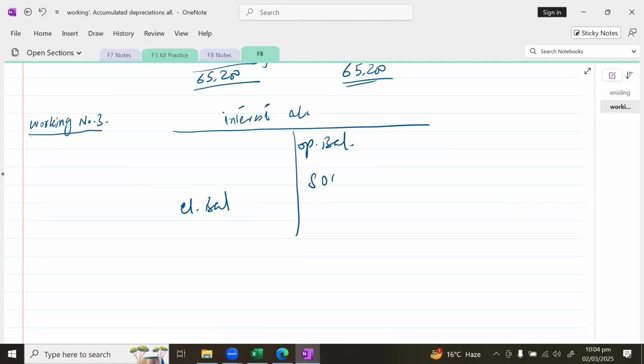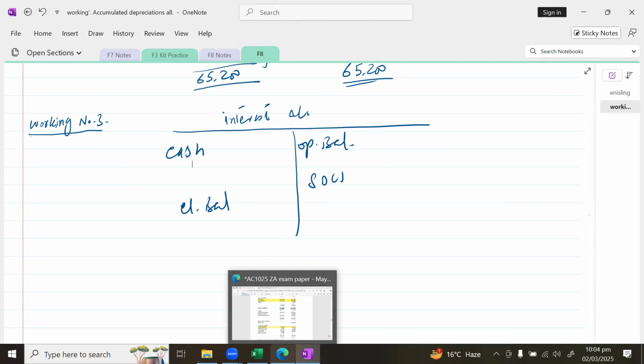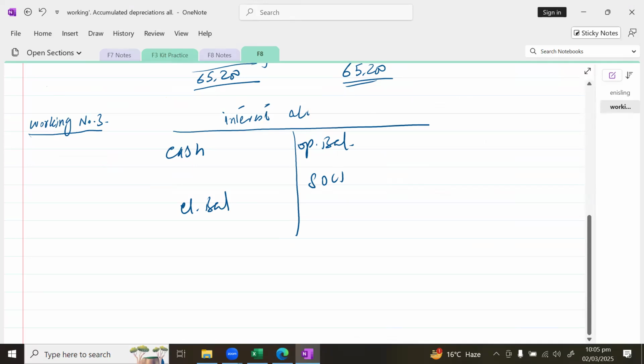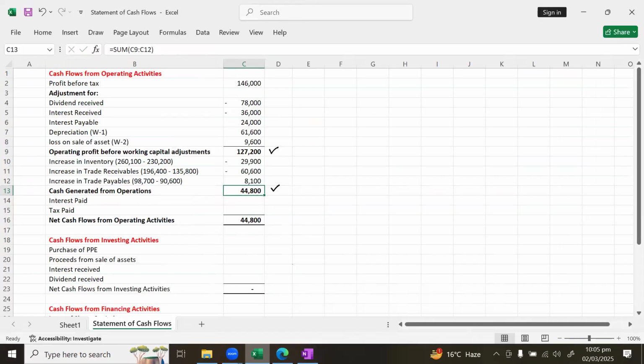Standard format workings. When we do the working for taxation, we simply change the number and the name. Instead of interest, we write down the taxation. So interest accrued is 6,400, 6,000 opening, and 4,000 is closing. In a statement of cash flows, we have charge interest payable is